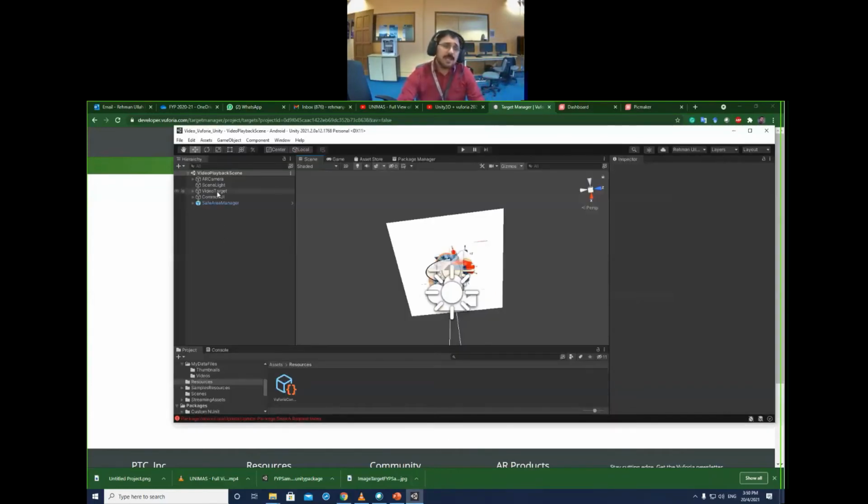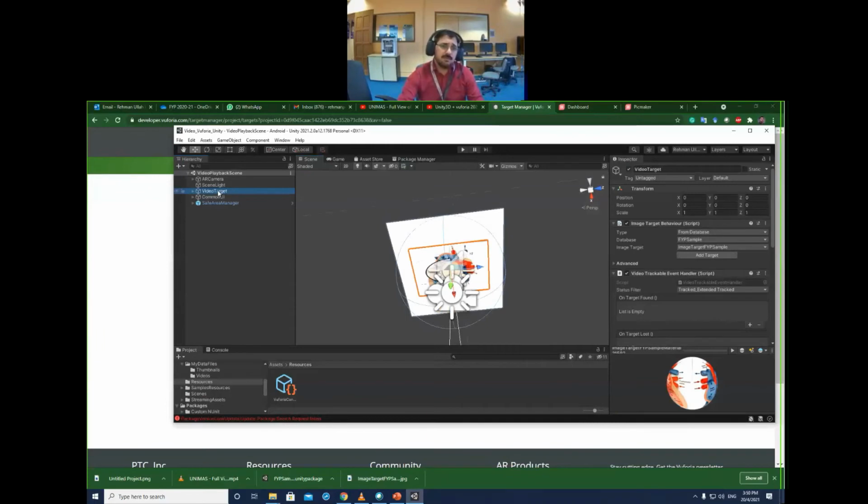Inside Unity, you will select this video target. If you are using my sample, then simply change yours here, from a database. Then here you will select whatever you want. So for you to change is just the database. Once you change the images, the library, the Vuforia recognition facility has already come to you.